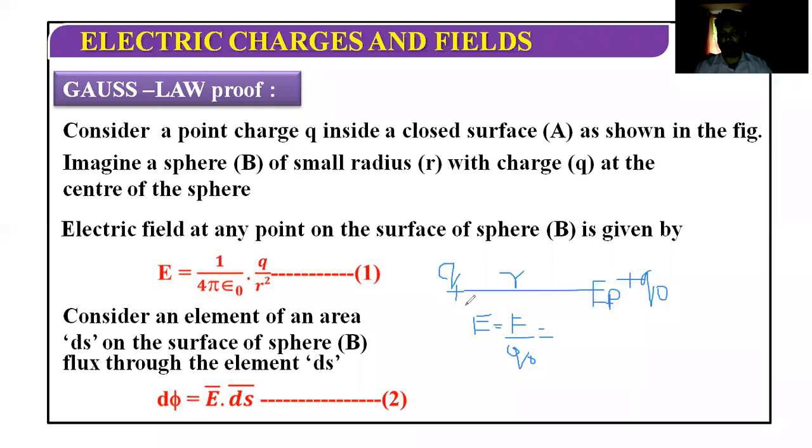Now we can find out the force between these two charges. That is equal to 1 upon 4 pi epsilon naught, Q Q naught, because we have these two charges, and the square of the distance between the two charges, R square. And again, because in the denominator we have this test charge Q naught, finally this Q naught is cancelled. So we are left with 1 upon 4 pi epsilon naught, Q upon R square, the same equation.